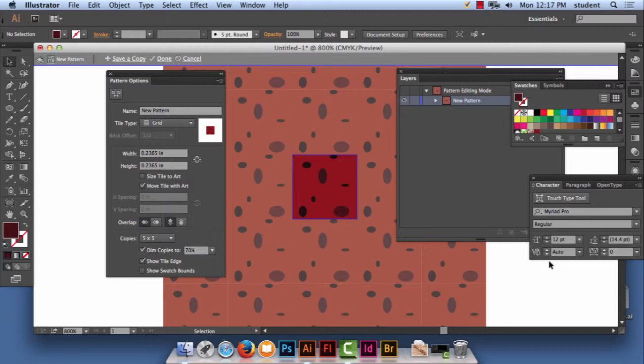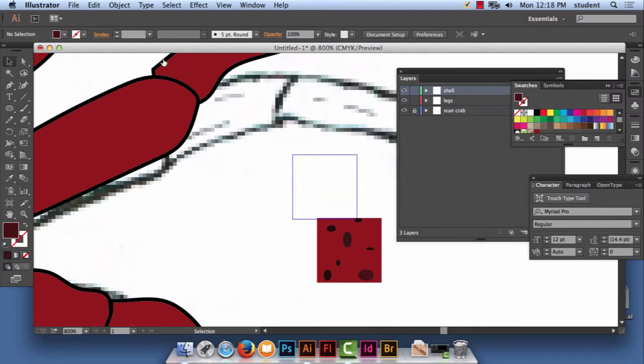So I guess there's a pattern editing mode now that you can go and adjust. For right now, I'm not going to go over all these settings here. It's going to take a while to get used to how to do all this. I'm just going to say done. When I hit done,